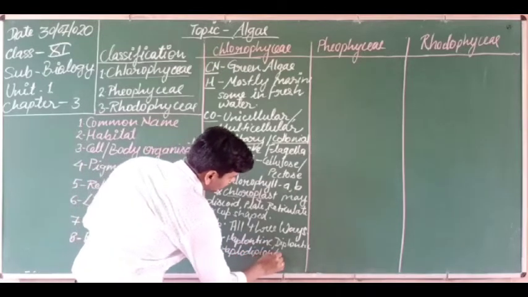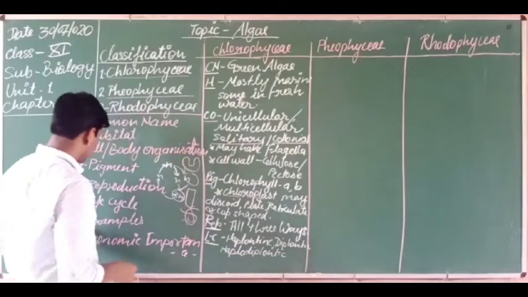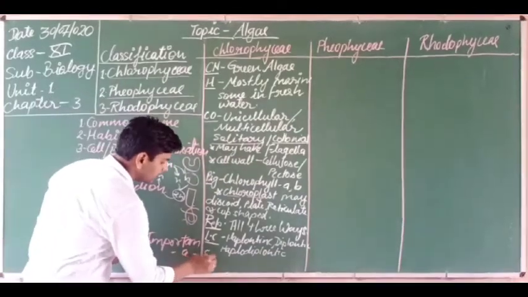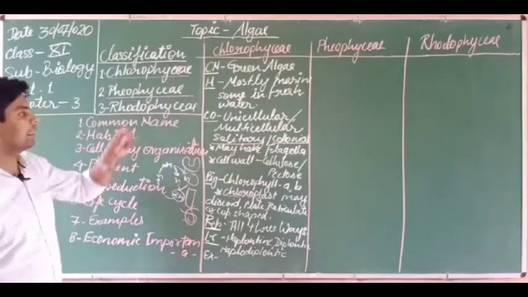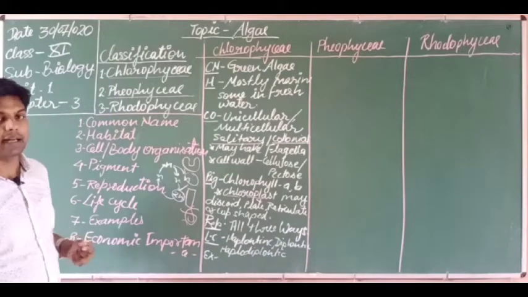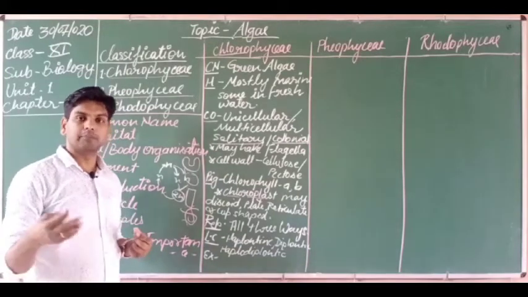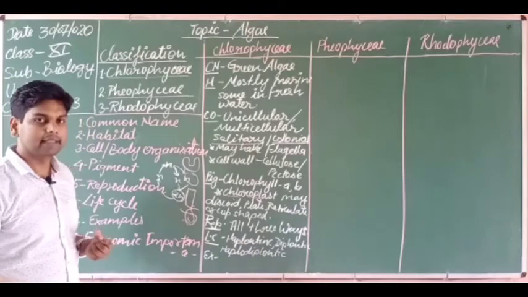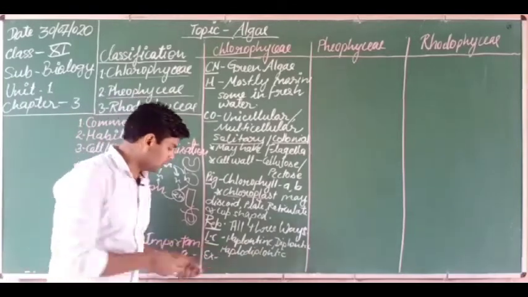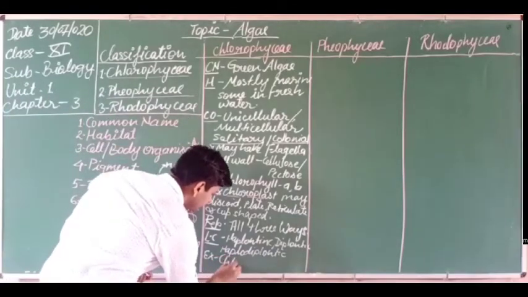Haplodiplontic. Got it? Next one is example. What are the examples of this type of algae? Examples of these algae are Chlorella, and the Spirogyra you have studied in 10th class, which is green in color. So Chlorella,